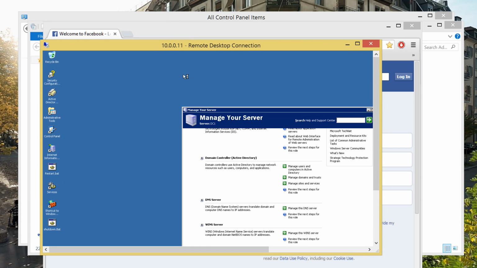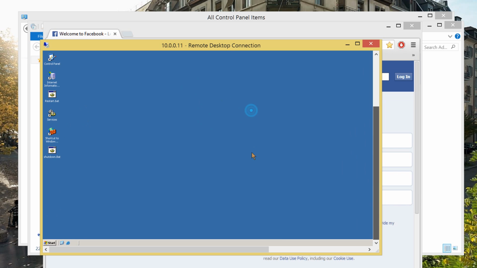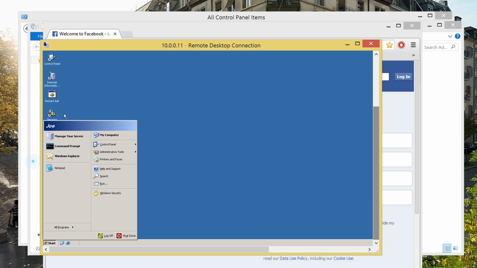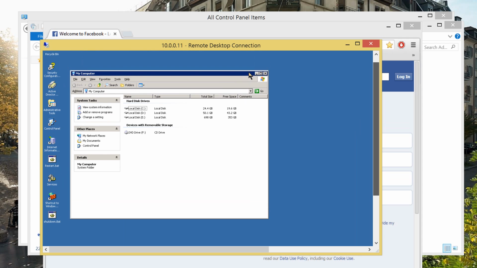Alright, there you go. I'm going to open a folder inside, and see if I could connect from here. And for the sake of experiment, right now I'm going to show you something.